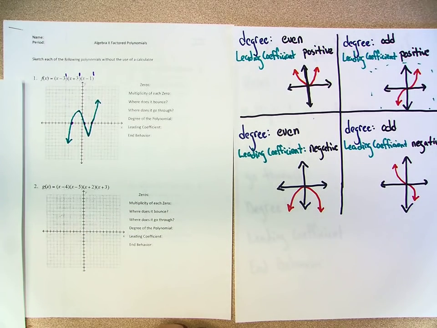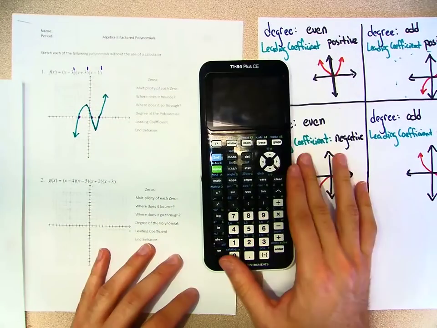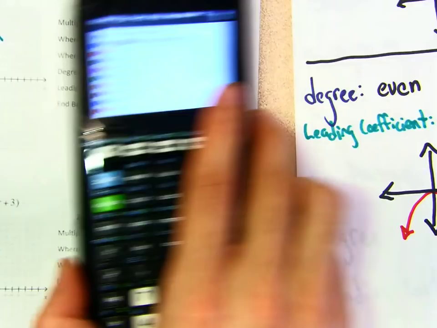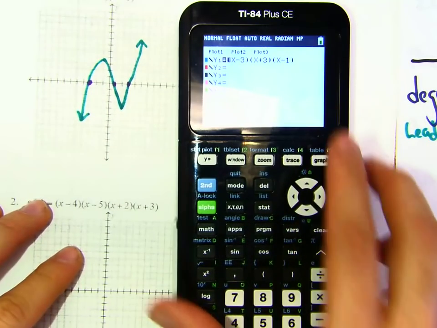So let's take a look. If we put it into the calculator, and now here, if I hit y equals, let's take a look at this polynomial. And if I hit graph,